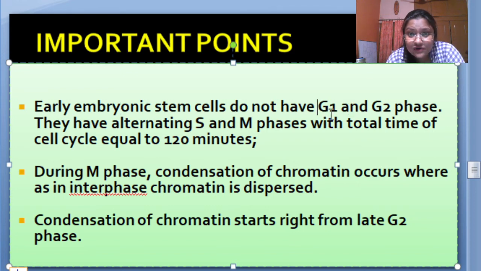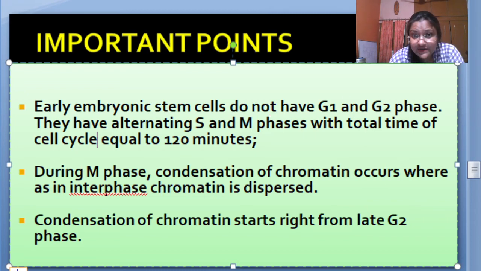The cell size is not increasing because the G1 and G2 phases, both these phases, are absent. And these kinds of cells have alternating S and M phases, synthesis and mitotic phases. The total time of the cell cycle is equal to 120 minutes. How much is 120 minutes? Only 2 hours. But if we see the entire cell cycle in a normal somatic cell, 11 hours